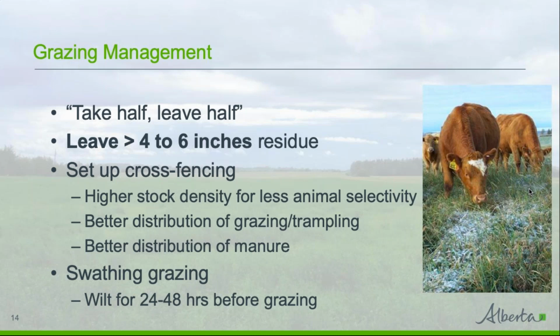Another possibility that you could probably do is swath grazing. So just go in there to the hay stand with a hay bine or swather and swath it down. Let that swath wilt for 24, 48 hours before you put the animals on there, and that would also help clean everything up. Make sure you set the swather or the hay bine so that you're leaving that 4 to 6 inch residue, so as high as you can,